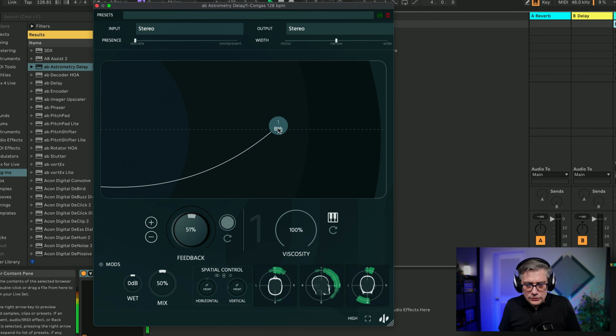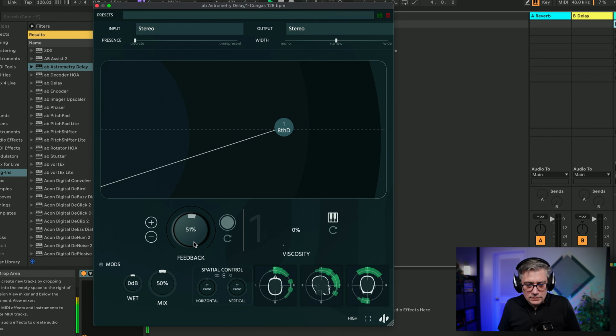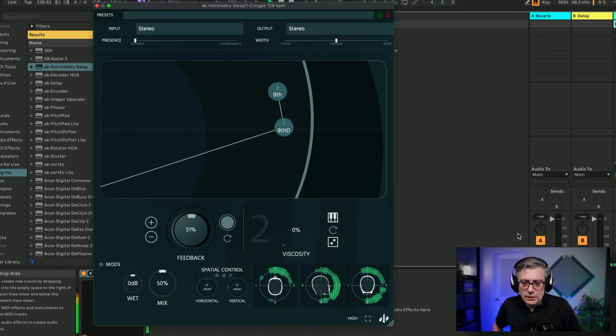So let's bring that back to our setting here. And let's add our second delay. And maybe bring the feedback down. That's a little bit much. Okay, that's really nice. However, there's one particular issue, and that is that the location of the sound spot is not particularly obvious in the stereo version of the Astrometry delay.